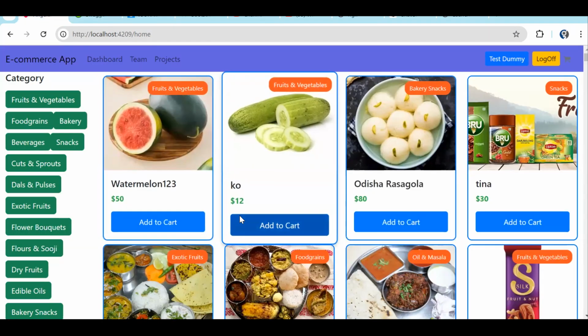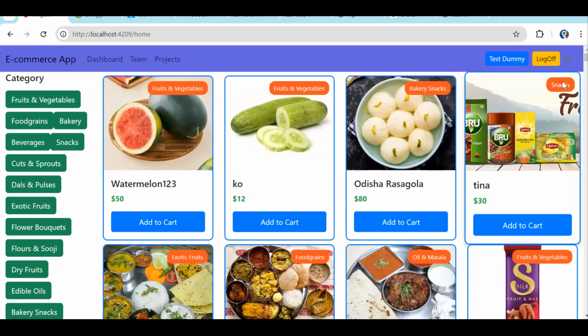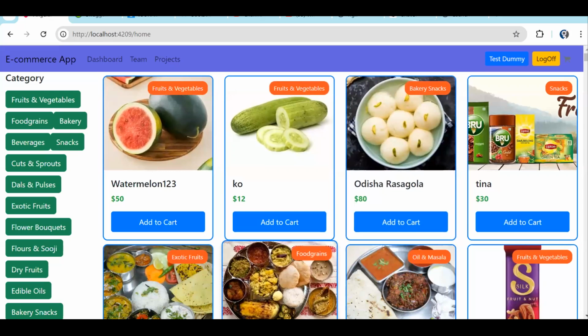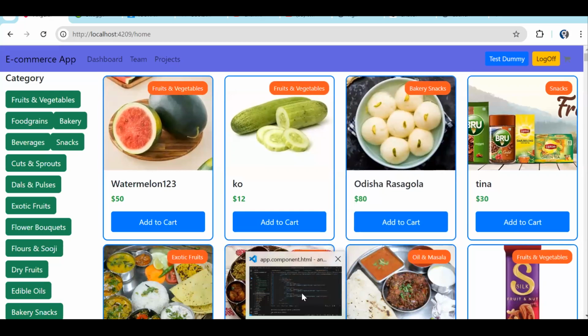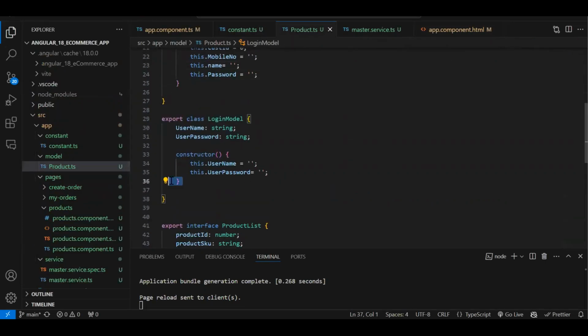Fine. Now, as per our UI, we don't have a way to provide multiple quantity. So by default, one quantity we will pass. Then over here, we can increase it also. Fine. So first, we will write the API call function. So first, we need to create the class for the add to cart object. So let's copy,